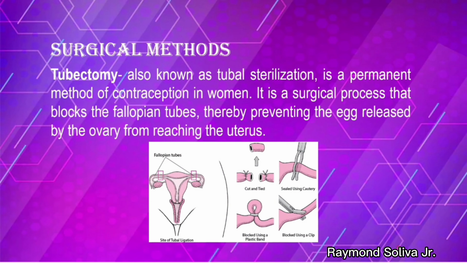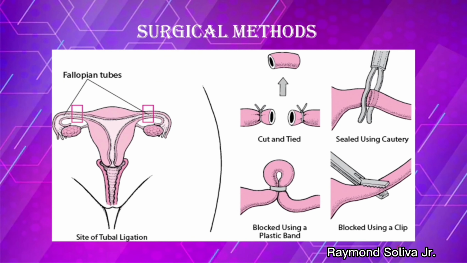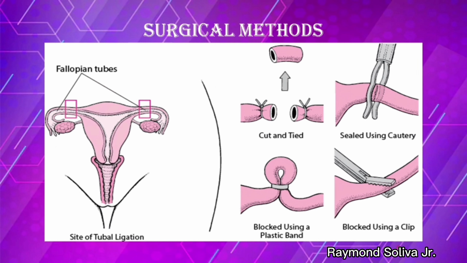And lastly, the tubectomy, also known as tubal sterilization. It is a permanent method of contraception in women. It is a surgical process that blocks the fallopian tubes, thereby preventing the egg release by the ovary from reaching the uterus. Meron siyang apat na ginagawa para ma-prevent or para ma-block yung fallopian tubes. Just like in the picture, pwede siyang putulin at tayin, pwede siyang ipitin, pwede siyang i-block gamit yung